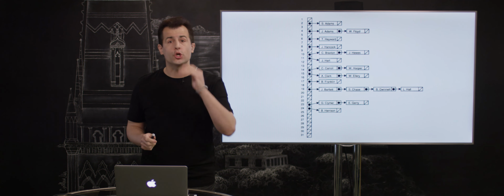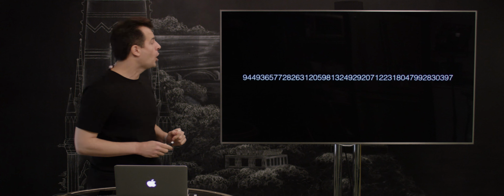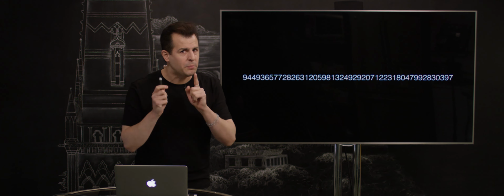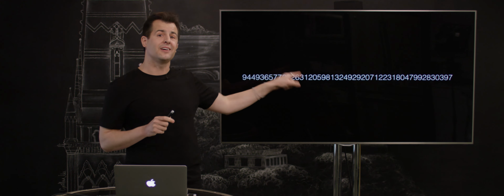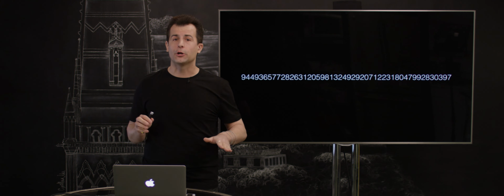Well, hash functions, SHA-1 included, are supposed to be one way. Given an input, you should be able to get an output, and you should not be able to go in the other direction. You shouldn't be able to reverse engineer things so that given a hash value, you can figure out what that value was. For instance, if you saw this on the screen, you should not be able to figure out that this once upon a time was CS50 as input. Now, SHA-1 is still OK in that regard, but it's not OK when it comes to these collisions,